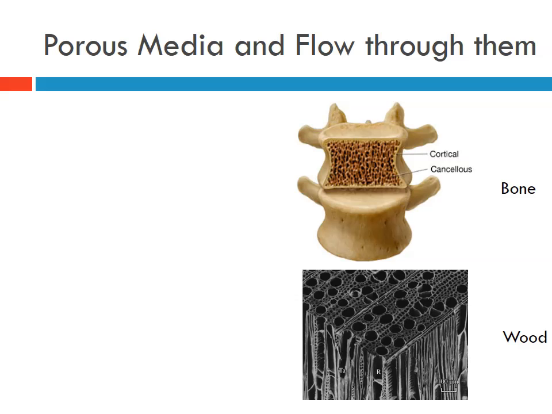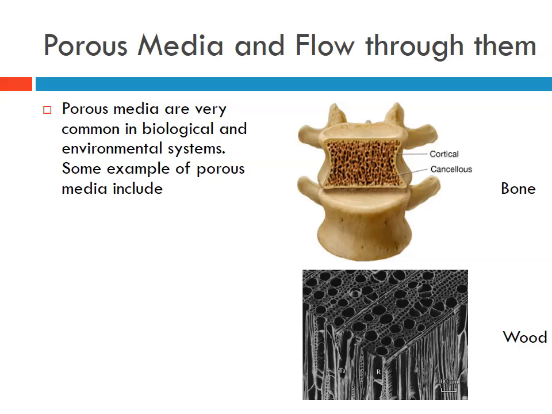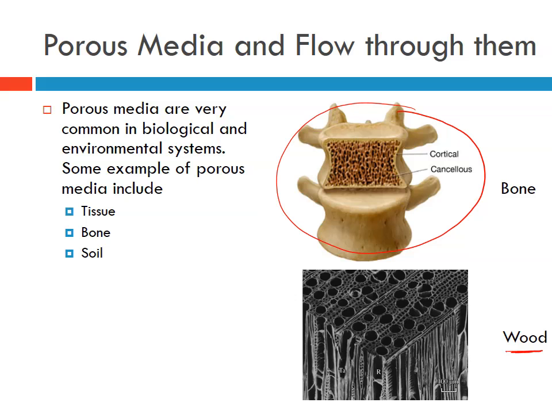Now, porous media is basically everywhere. Porous media can be tissue, it can be bone, like you see here, bone as porous media. It can be wood, for example. And this is a micrograph of wood. So you can see the pores, and these are like channels. And so fluid can flow through these channels. And another example that we see everywhere is soil as a porous media. Now back to this picture on wood,